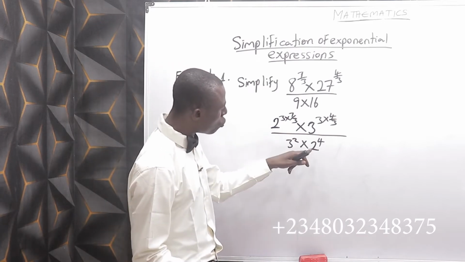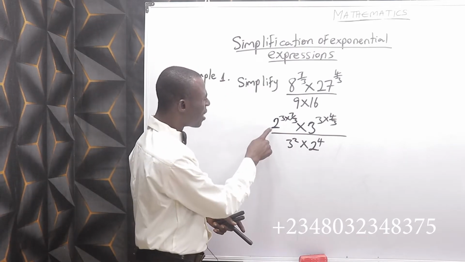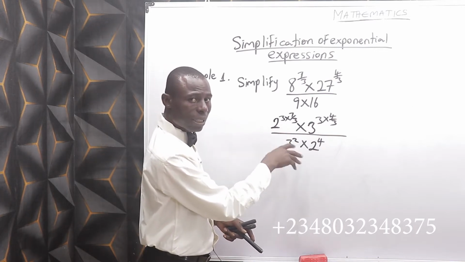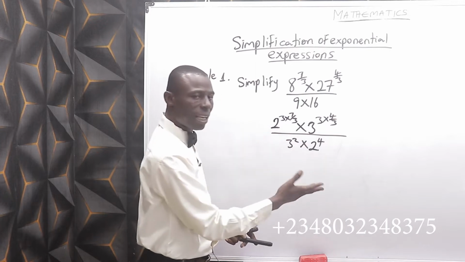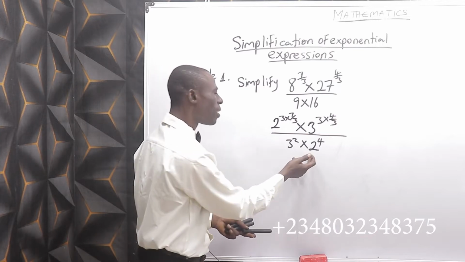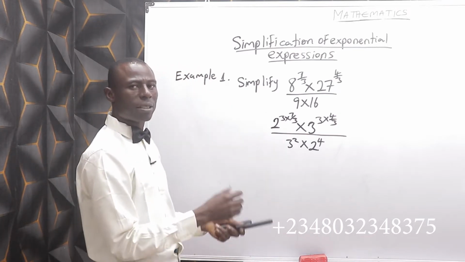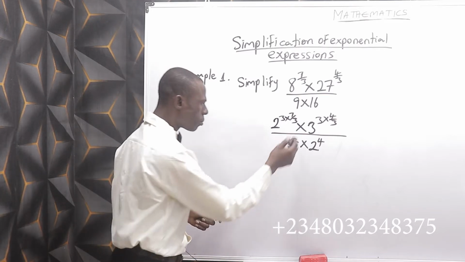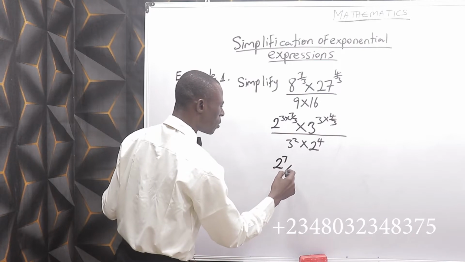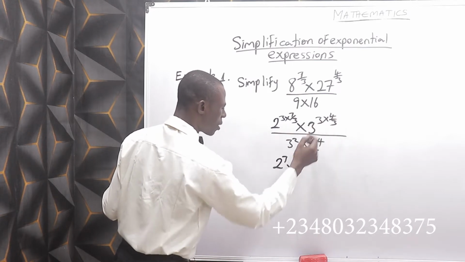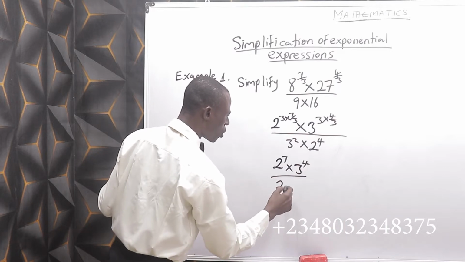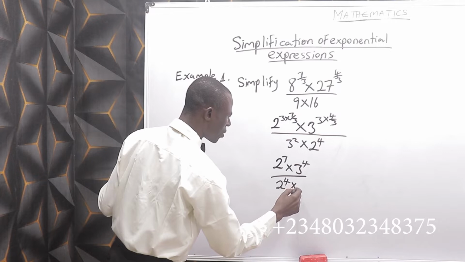But here I decide to use 2 because I have observed that 2 and 3 are the paramount roots in use here. That's why I use base number 2. So we cut 3 here to have 2 raised to the power 7 times this 3, also we cut 3 to have 3 raised to the power 4 divided by 2 raised to the power 4 times 3 raised